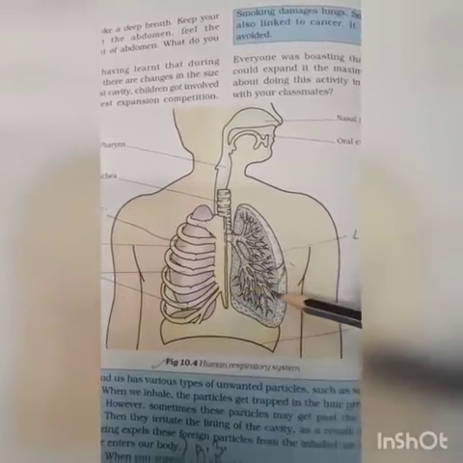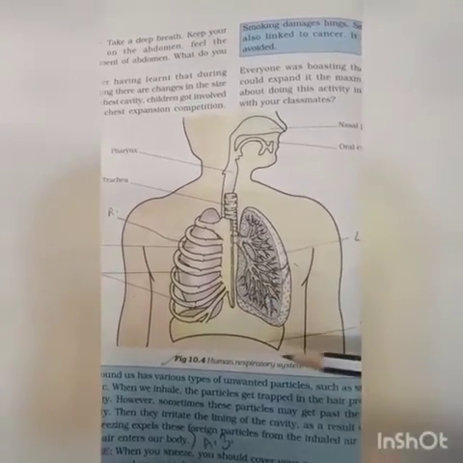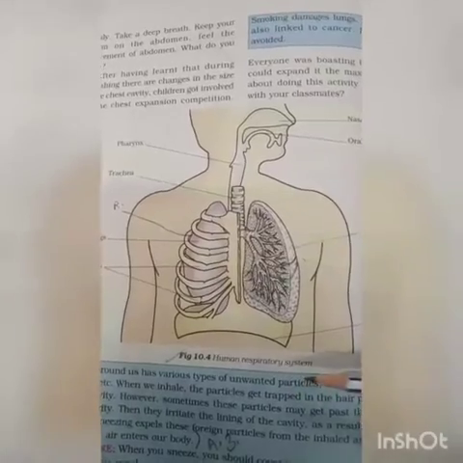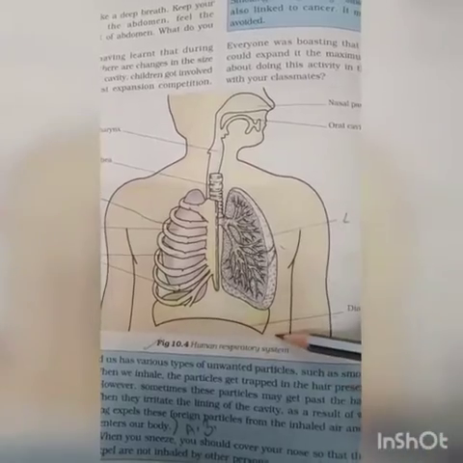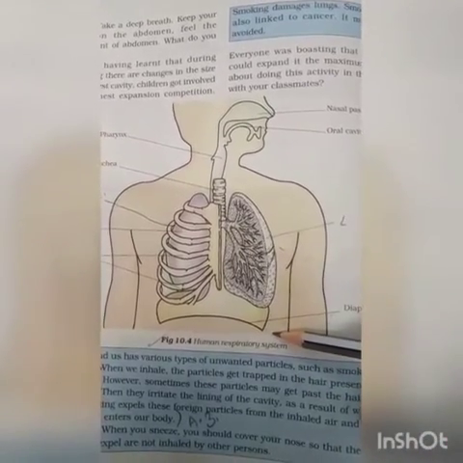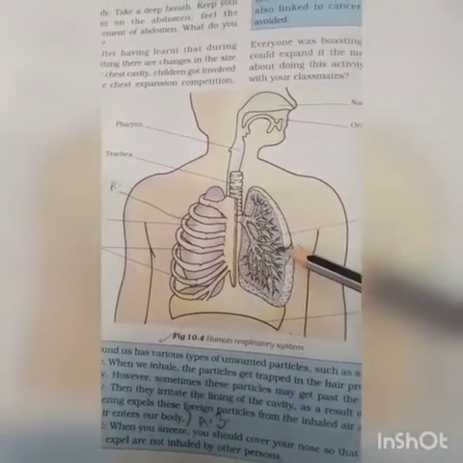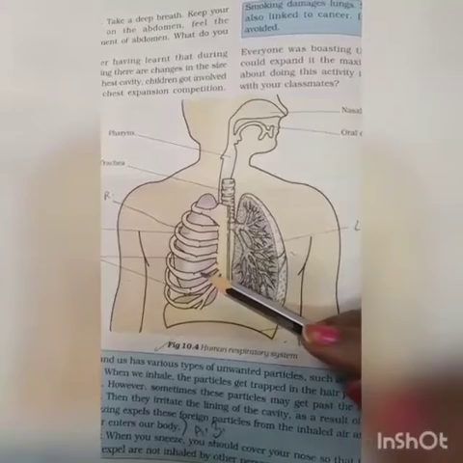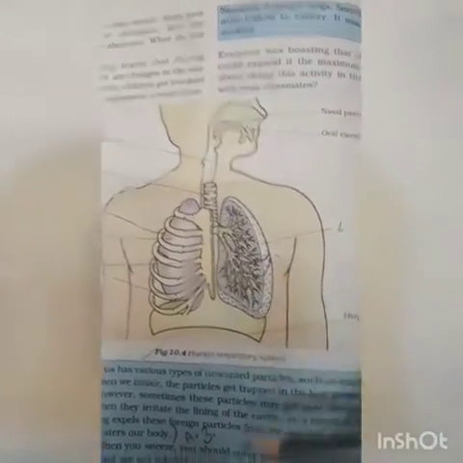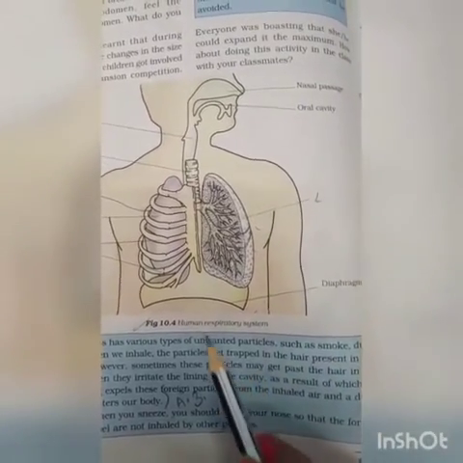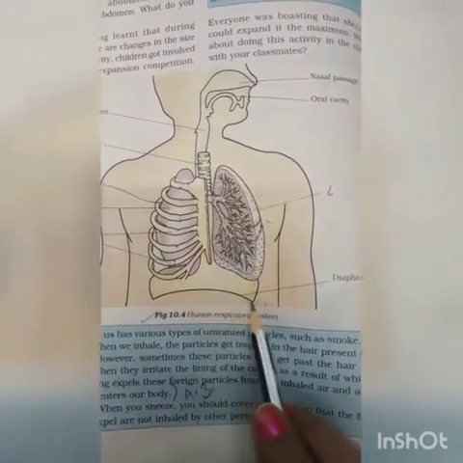Each lung, present in the chest cavity, is a soft, spongy and cone-shaped structure, and the lower surface of each lung is concave, resting on the diaphragm. This one is the diaphragm. The right lung is larger than the left lung, and the right lung consists of 3 lobes, whereas the left lung consists of only 2 lobes. The chest cavity is separated from the abdomen by a muscular wall called the diaphragm.